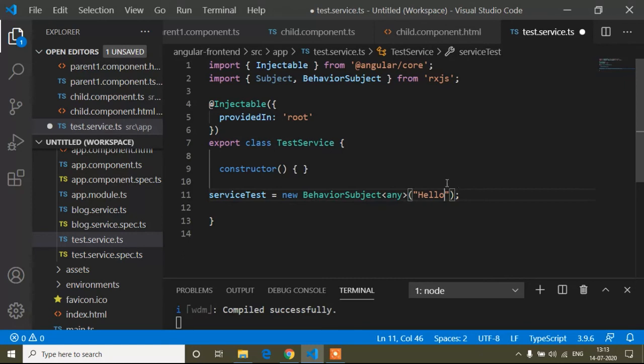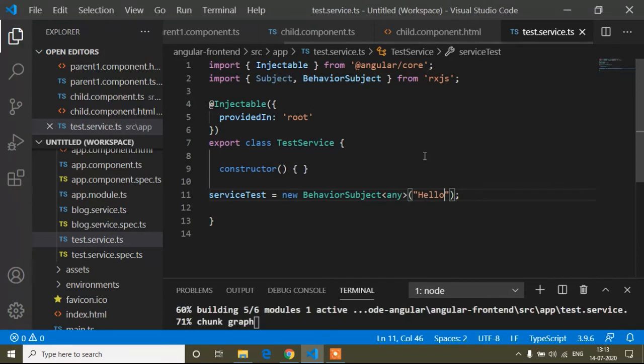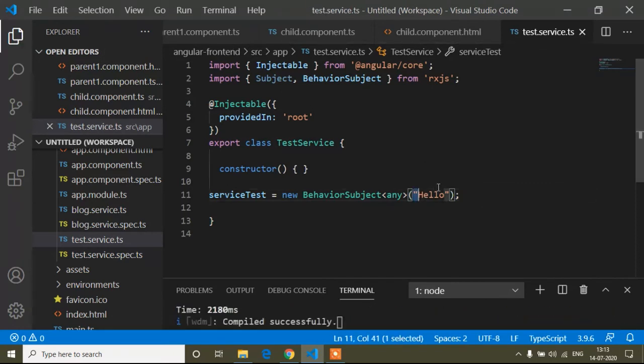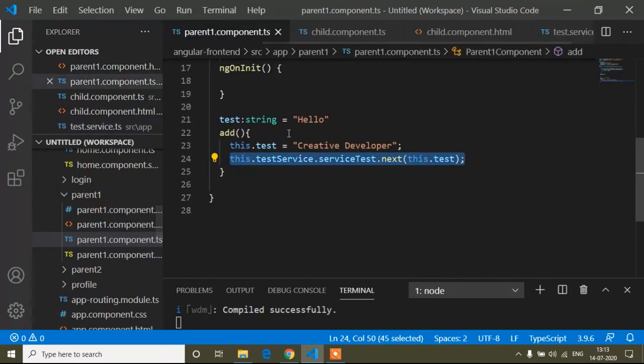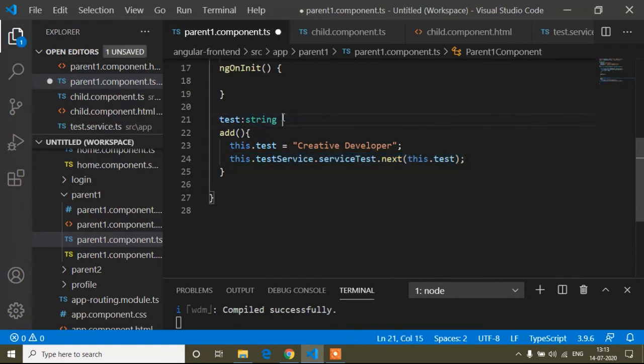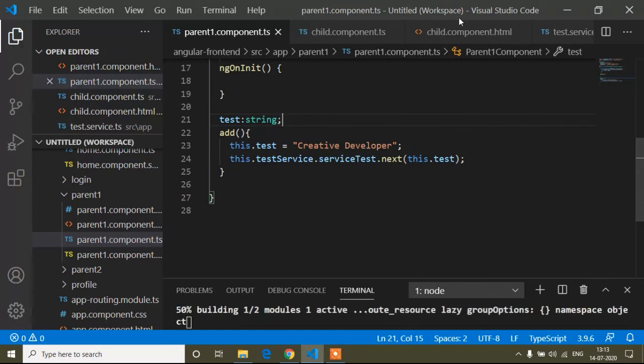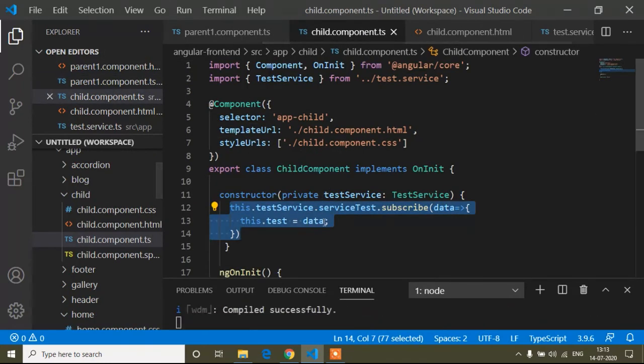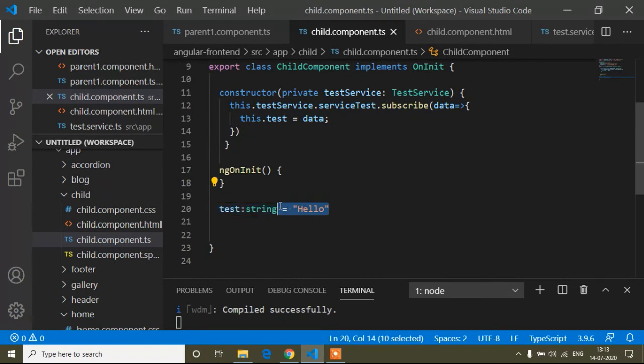You can pass anything, boolean value, number, anything, but here I am passing a string value. So when I am passing the string value hello in our service test, then we don't need to write hello here. Just I will remove from here, and inside our child component I remove from here.